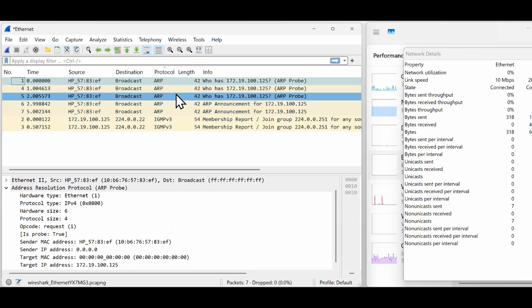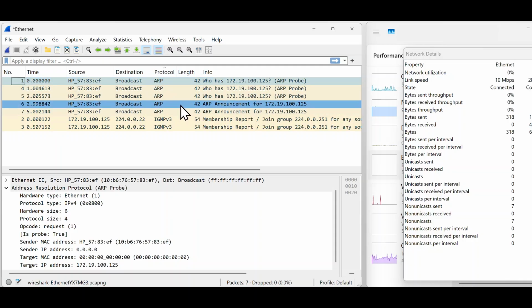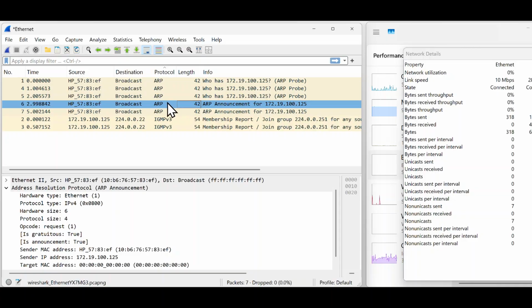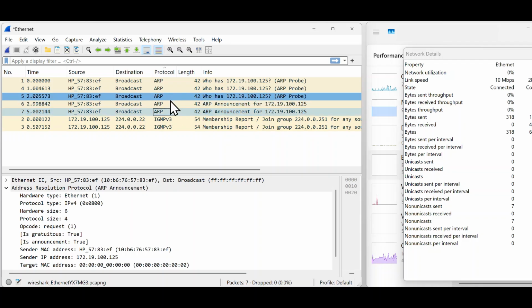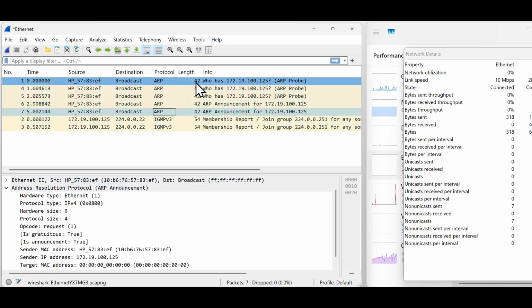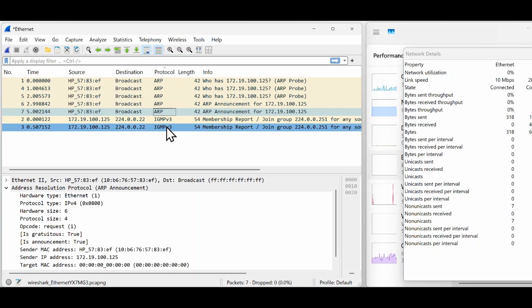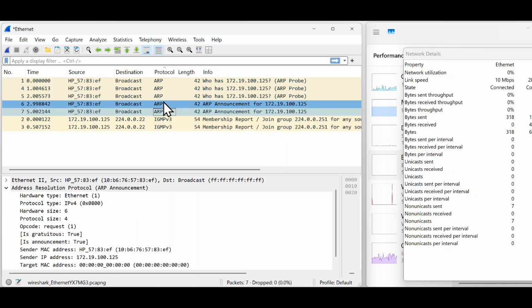And then finally, after the third one, when it gets no reply, it makes an announcement to everyone that says, hey, guess what? I'm taking over this IP address. I claim it for my own. And it does it twice. It just makes an announcement to broadcast all Fs to the whole group. And it talks about, hey, this is who I am, and I'm claiming this as my street name. So that's how